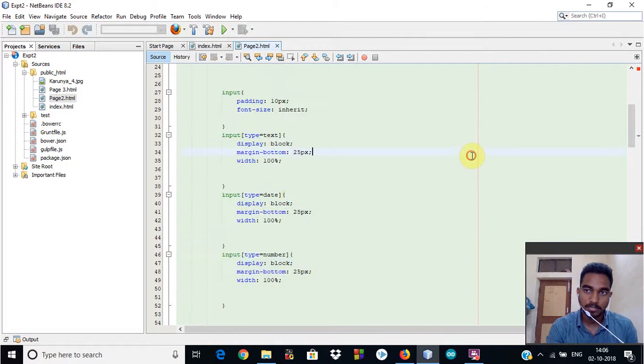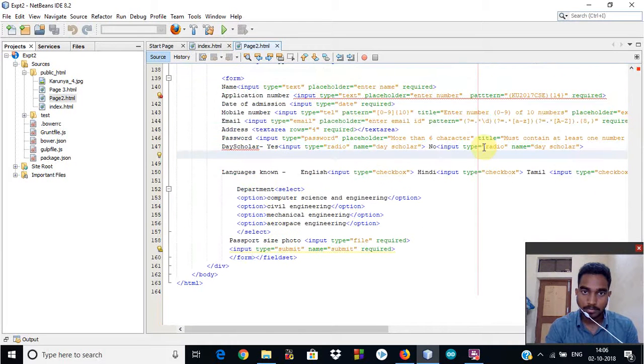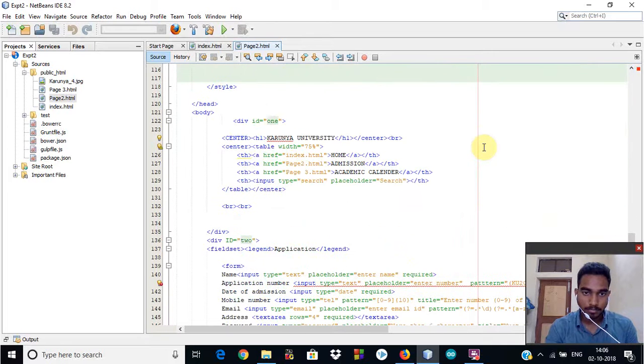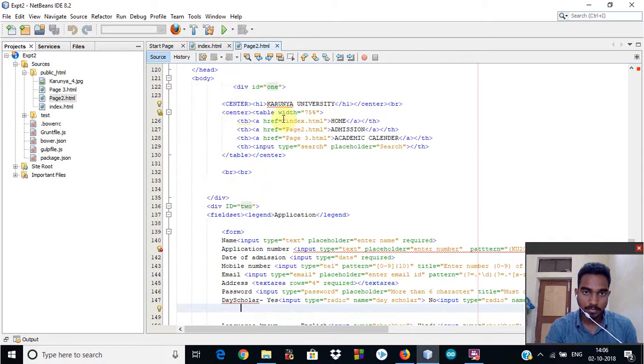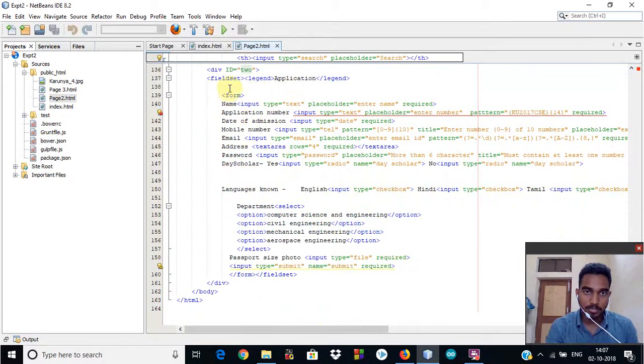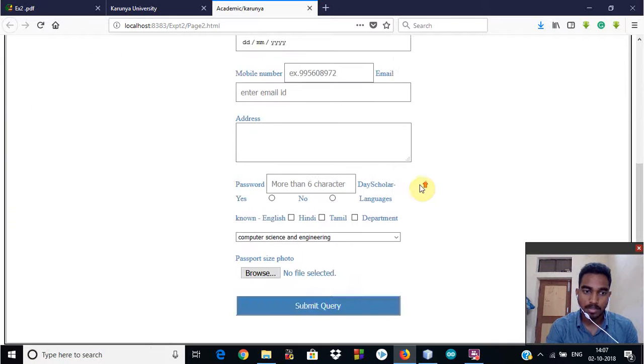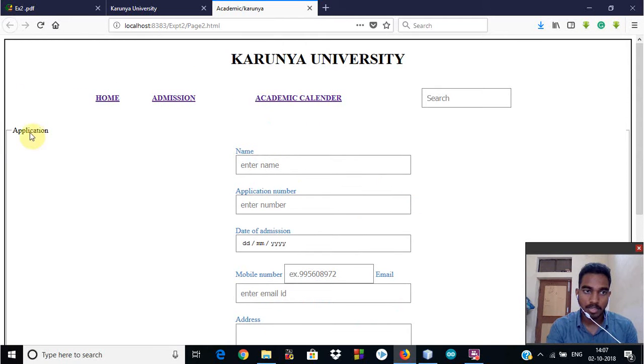whether it is valid. Okay, moving on to the code. This is the heading. This is the same navigation bar which I have created in the first page, and then here this is the form I have created. So I have put this in the field set. So field set will give you these lines around the form, and then in legend I have written application,